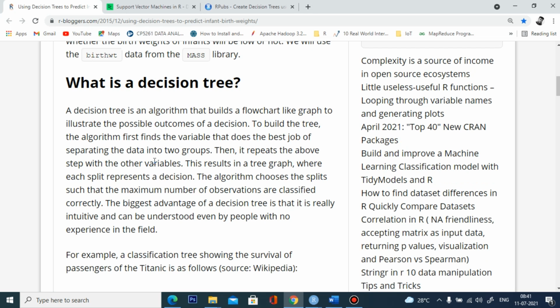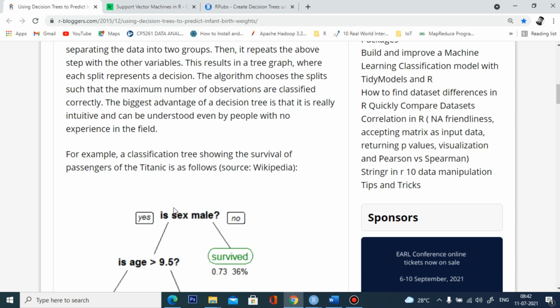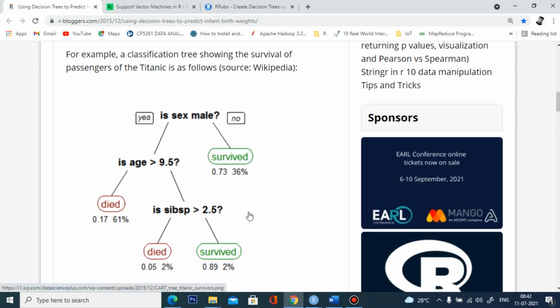To build the decision tree, first we have to choose the variable that best splits your data into two separate groups, and we continue the separation of the data until we make some decision or reach a label node. Okay, so in the tree graph, each split represents a decision. So if I take a decision, there is a split. The internal node will represent the decision, and your leaf node will represent the final answer, your final tag or variable. So this is the example for the decision tree.